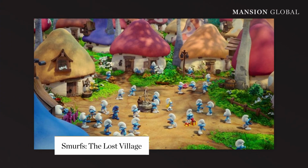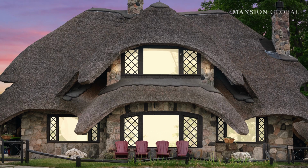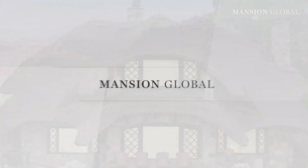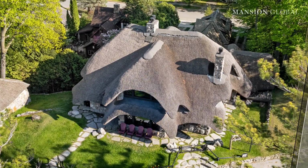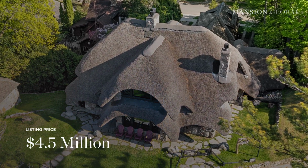Whether you call it a mushroom house, a hobbit house, or a storybook-style cottage, one thing is for certain. This house looks like it belongs in a fairy tale. It's actually known as the Thatch House, and the unique pad in Charlevoix, Michigan is on the market for $4.5